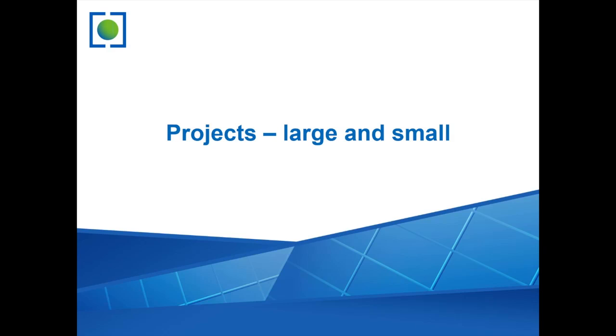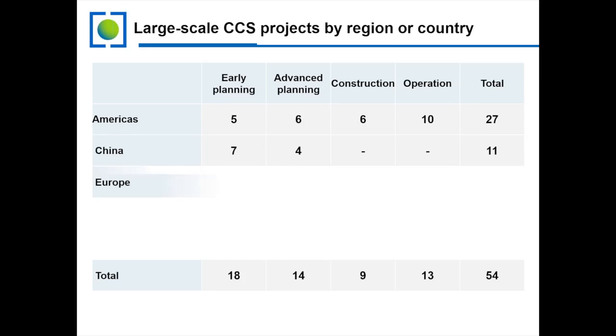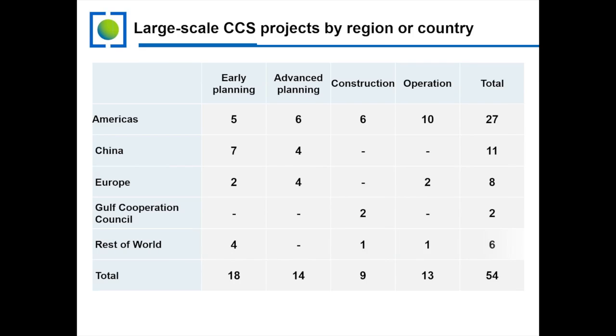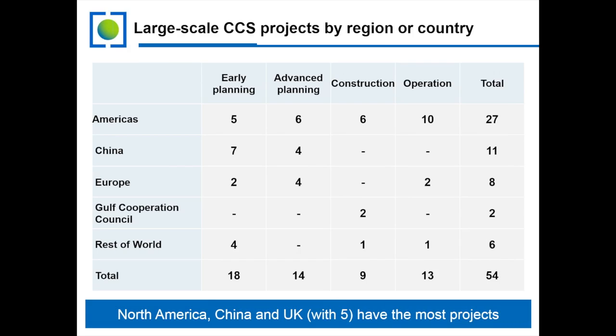All right, now I'm going to move in the next few slides to talk about projects, both large and small. This slide I'm actually introducing just to set a bit of context. You can see here that there are currently 54 large-scale integrated projects in the planning through to the operational projects around the world. By integrated, I mean that they have all three parts of the CCS chain: capture, transport and